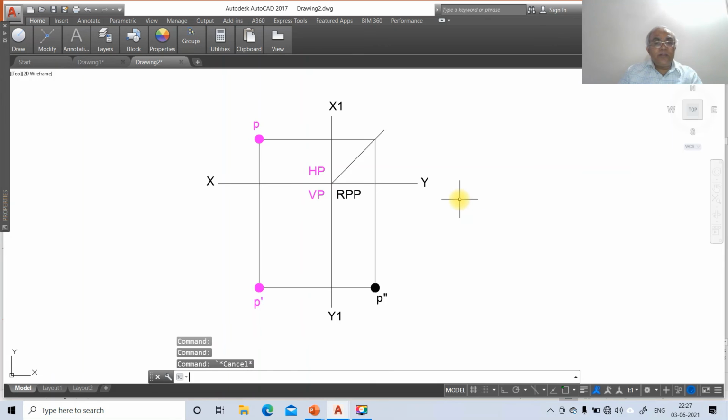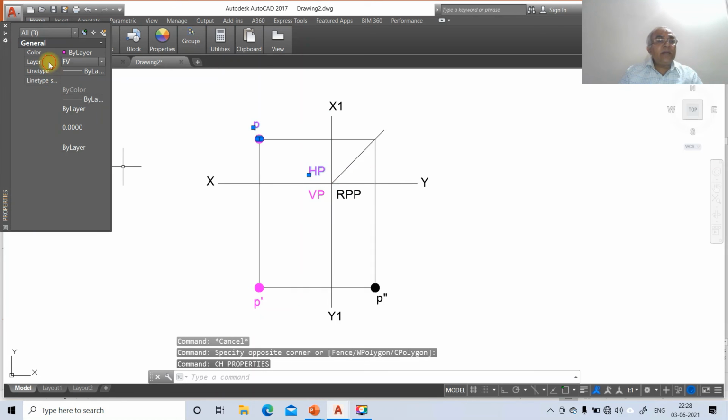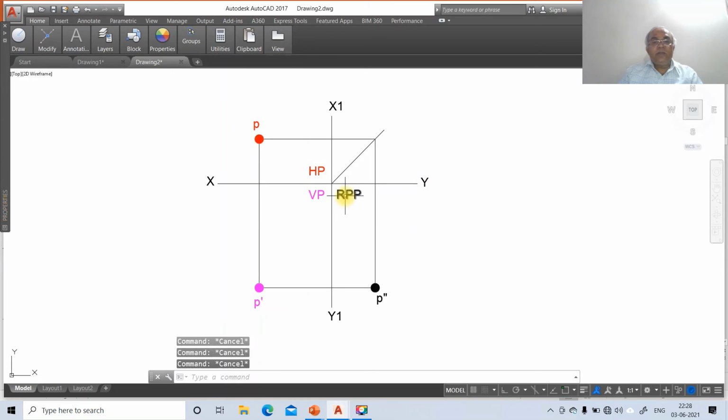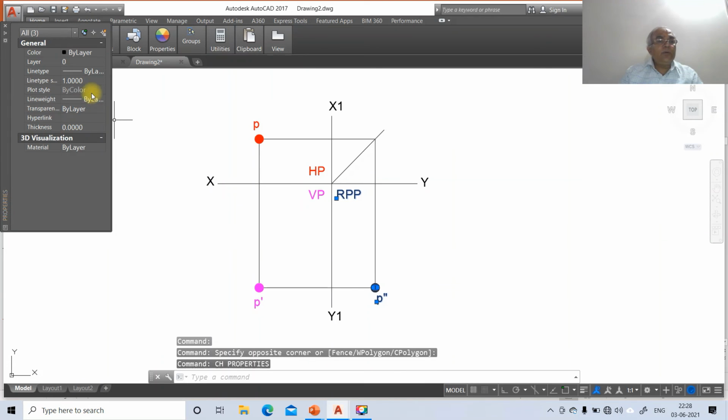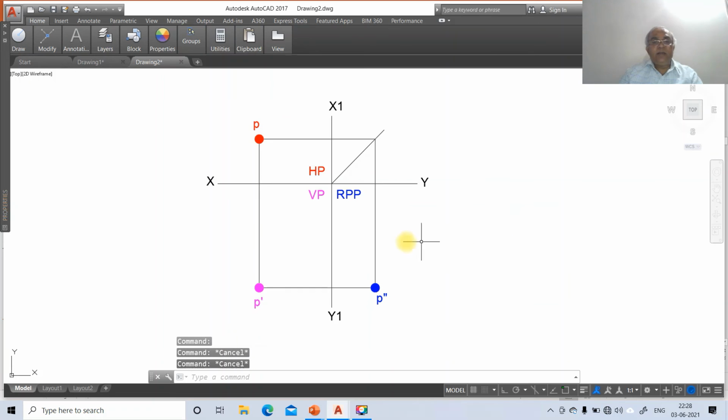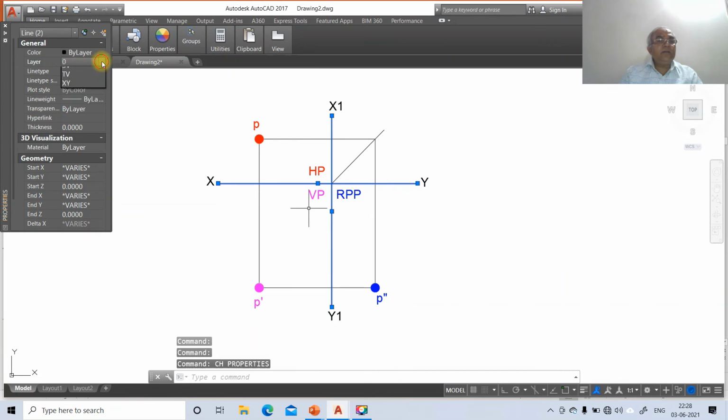So both the front view and the top view are the same here. Just click on these 3, go to CH, make this layer as top view layer now, because that is the top view. Then select this and these two, go to CH, go to layer, make this as the side view. And here click on this line and this line, go to CH, make that layer as the